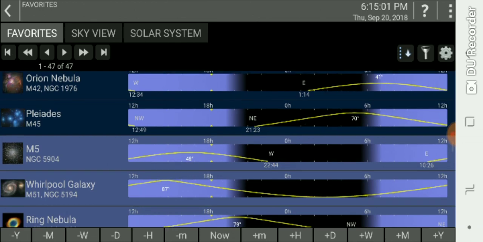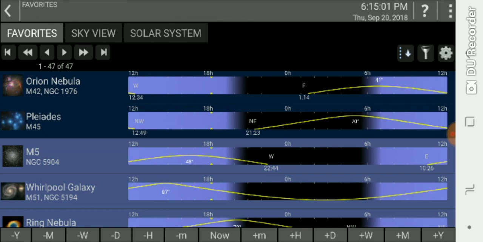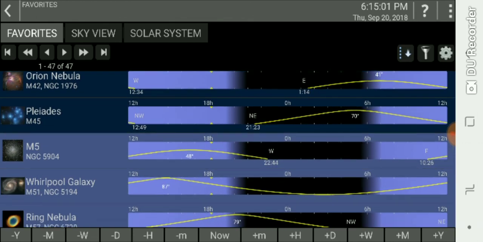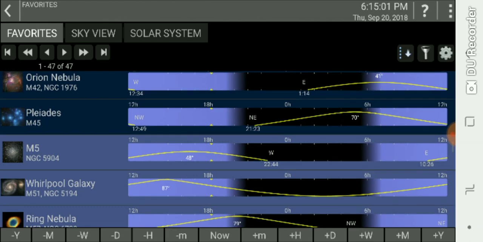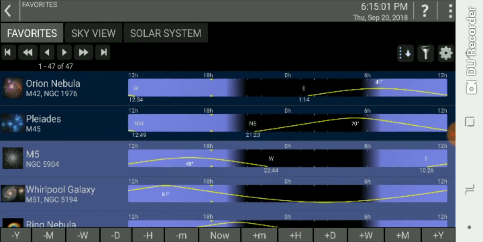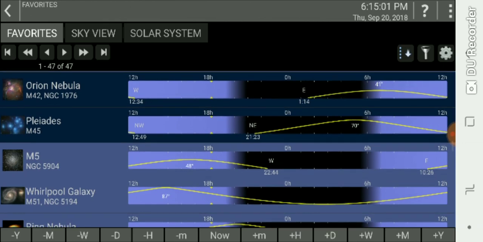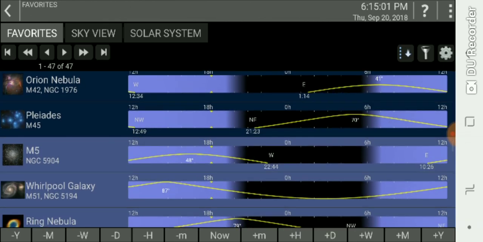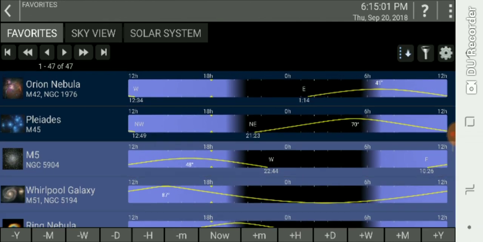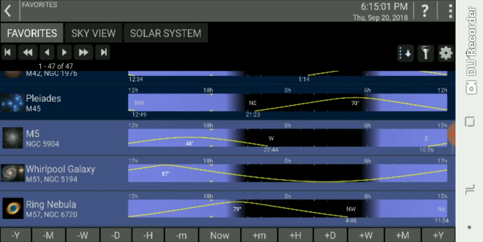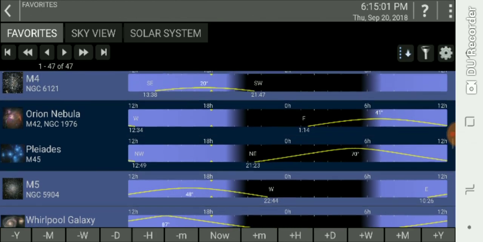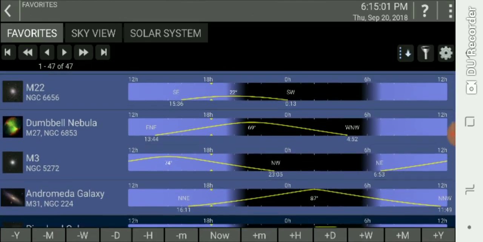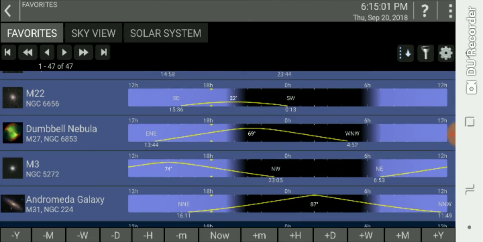Okay, so as you could see, there's no point in starting to shoot at 11 or 10 because it's too low in the sky. So this way you could plan and see, okay, probably at 1 a.m. till sunrise I could shoot this and it'll be pretty high in the sky. But then you could ask, what do I do in the first part of the night? You look at the graph and see, there we go, M27 dumbbell. It's going to be really high in the sky in the first part of the night,